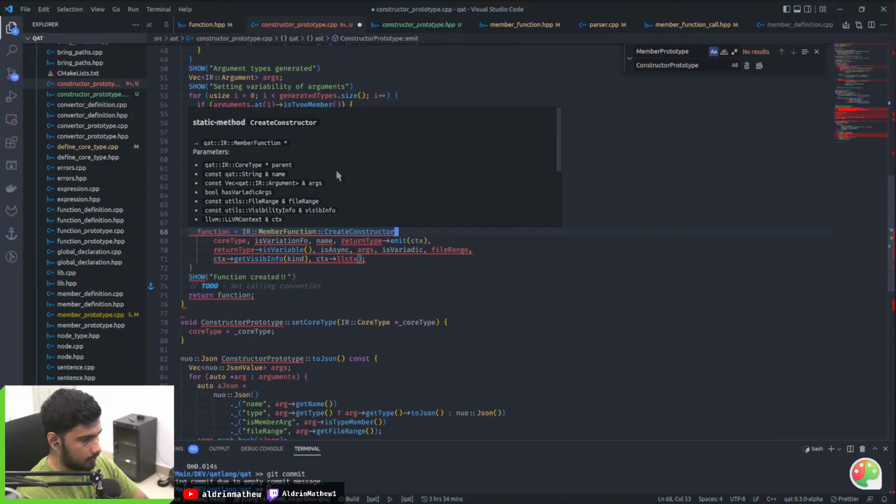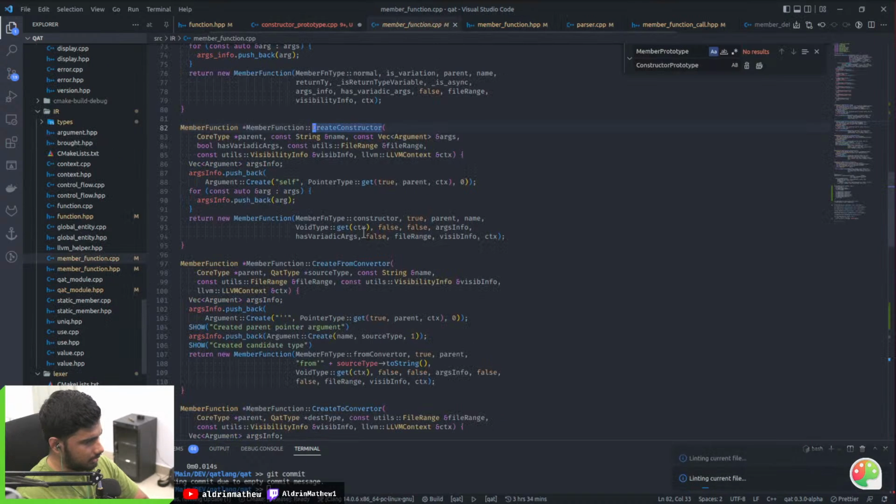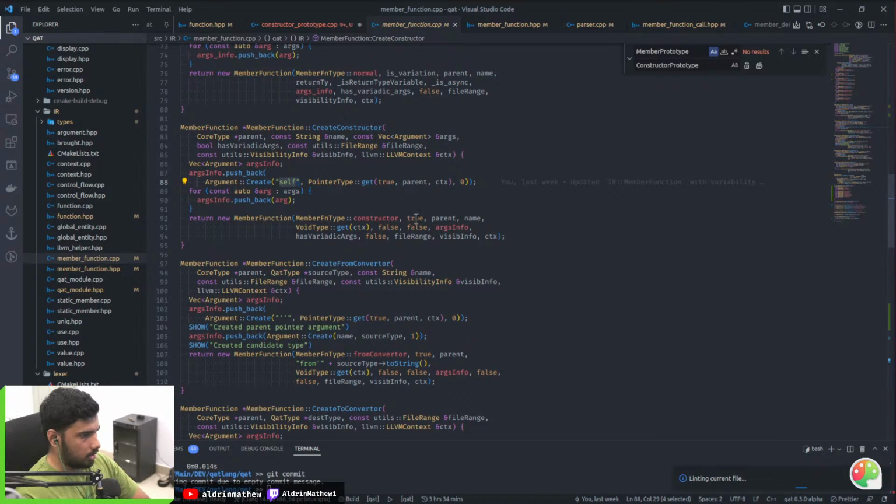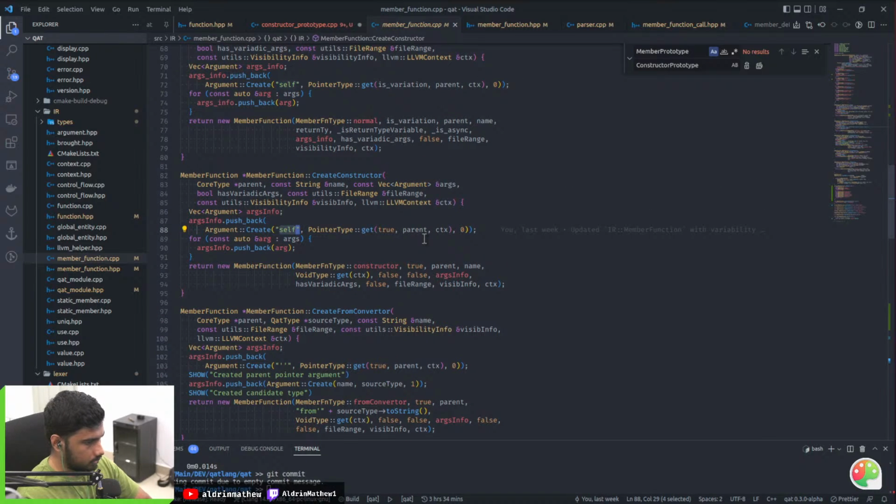All right. Use variation function name. Wait. Create constructor, ask for a name. Why though? Okay. This is wrong.